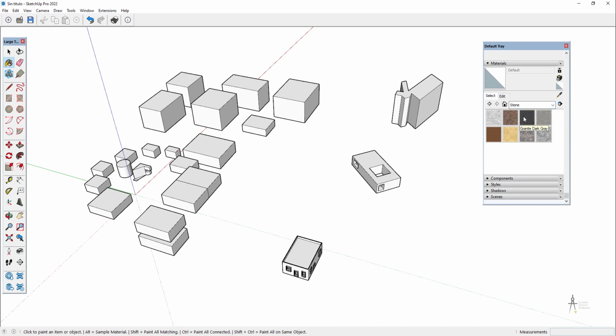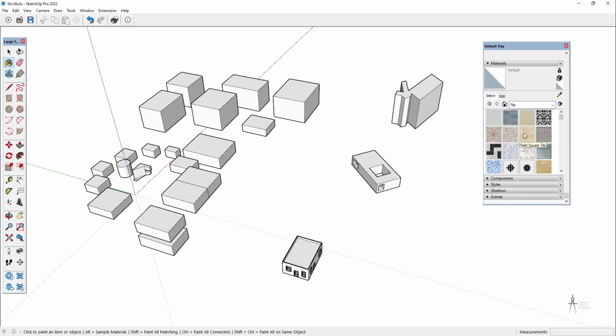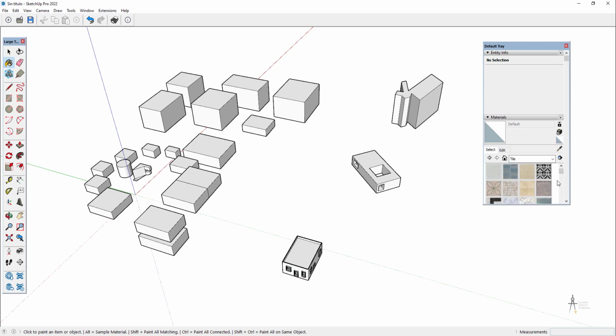So I'm going to select this one. For example, I'm going to select tile, and I'm going to choose one of these samples,